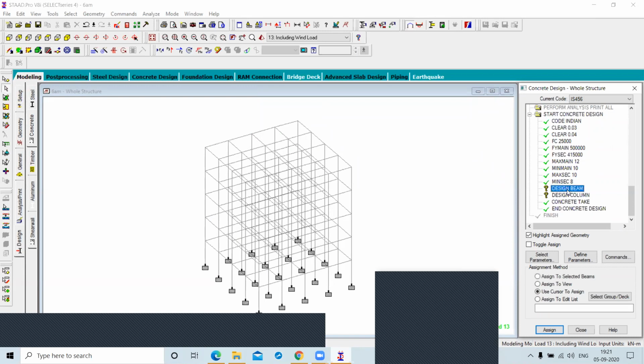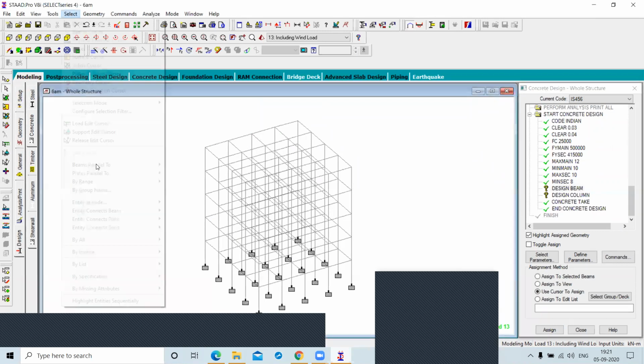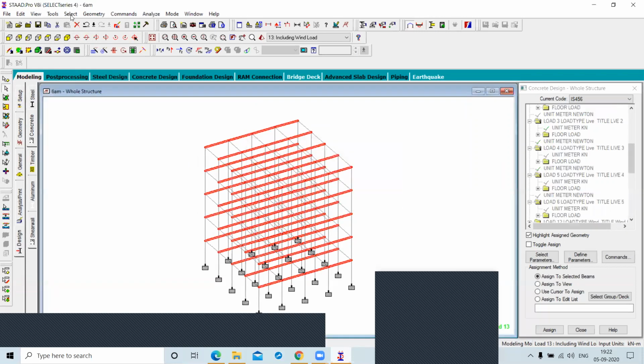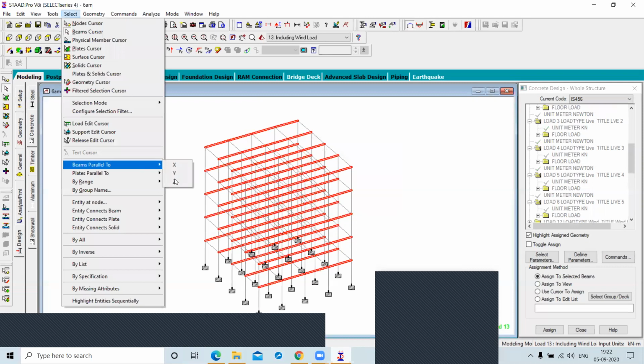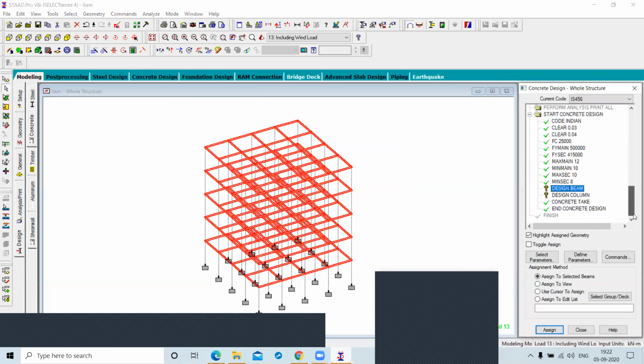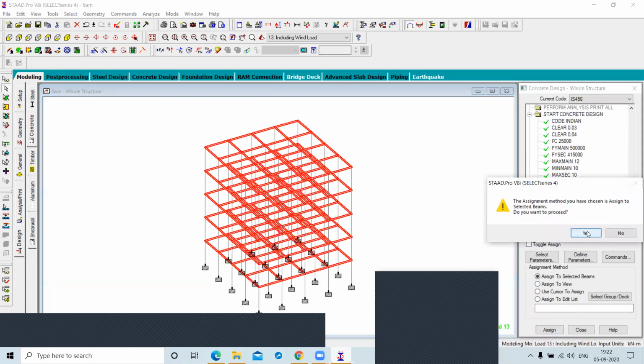Click the design beam, which will be assigned on the beams. Click on parallel to X and parallel to Z, and click assign to selected beams and assign.